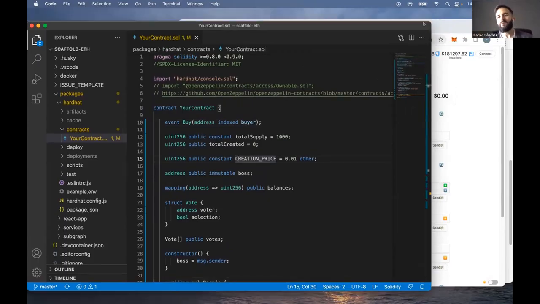So I just want people to appreciate how fast tinkering this way is. You make a change, deploy in 2 seconds, and you just get instant feedback from the UI, which is great. And Hardhat's a wonderful tool. We love Hardhat, but